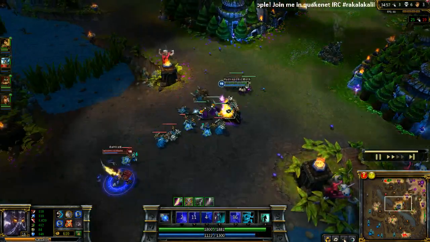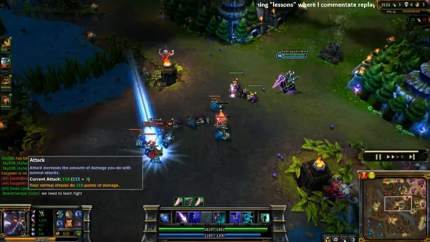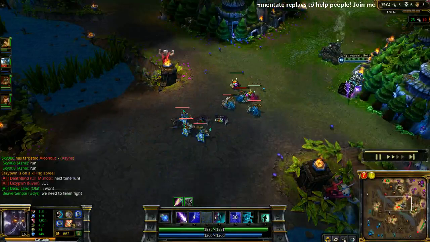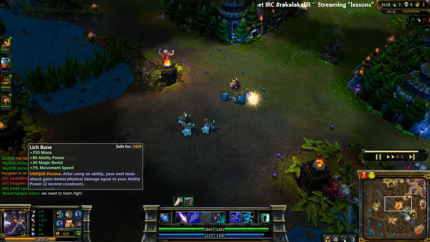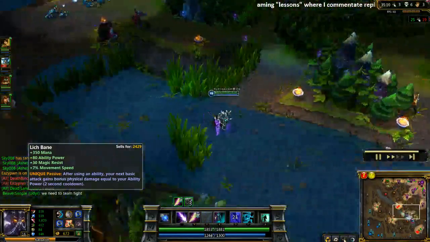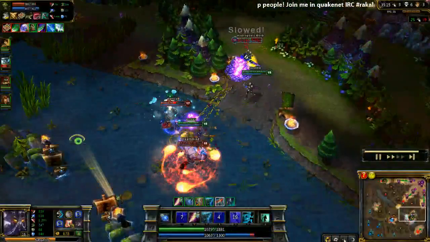Okay, so here's what I was talking about. You have 110 ability power, but 115 base attack damage. You lost damage on your proc by upgrading to the Lich Bane. You just spent 1,350 gold to do less damage with your Sheen proc. So never ever get